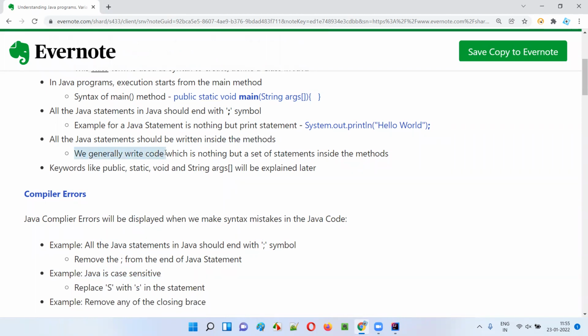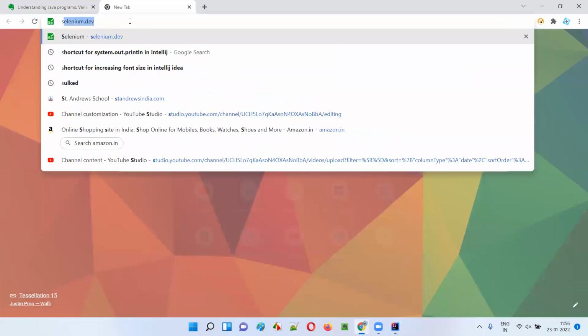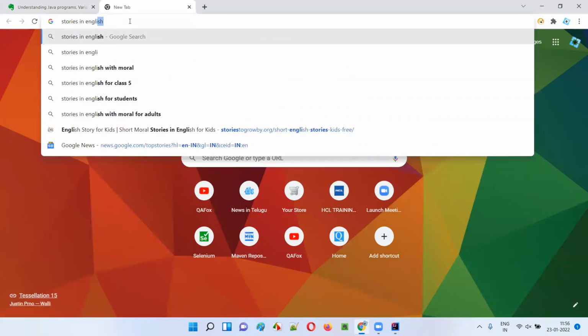So we generally write code in Java, which is nothing but a set of statements. Like in English, a paragraph is a set of statements. Just now we have seen stories in English. If you type,